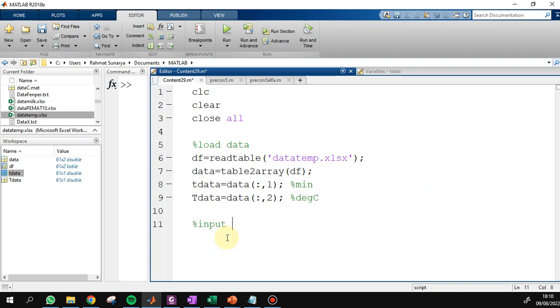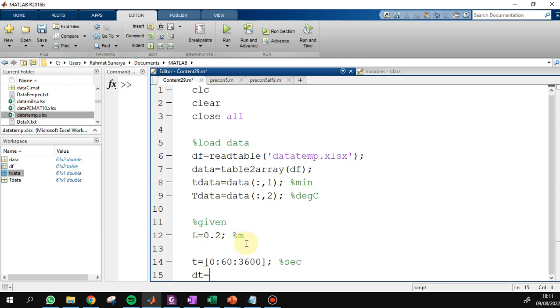Input data. Given L, the length of the rod, is 0.2 meters, or 20 centimeters. Next, the time trajectory points, in seconds.